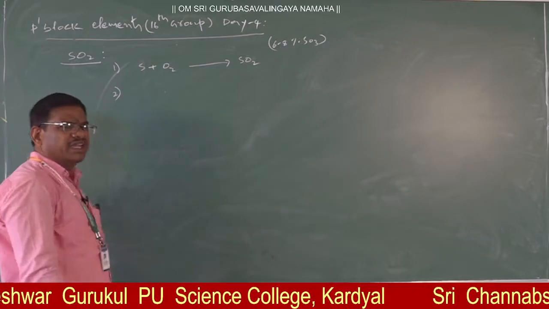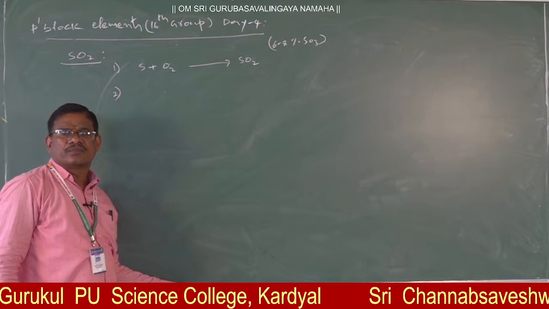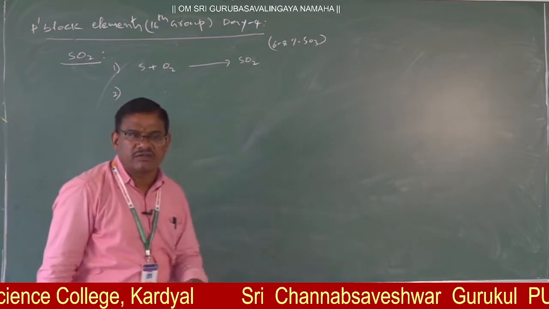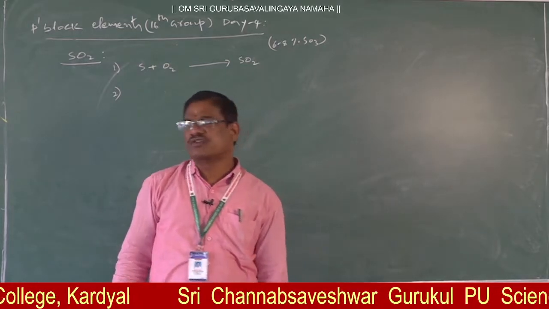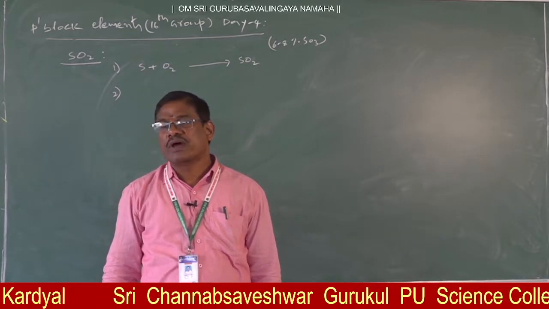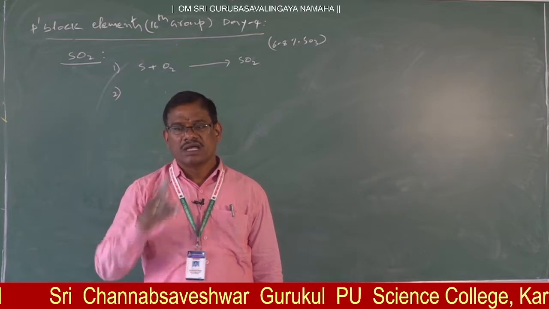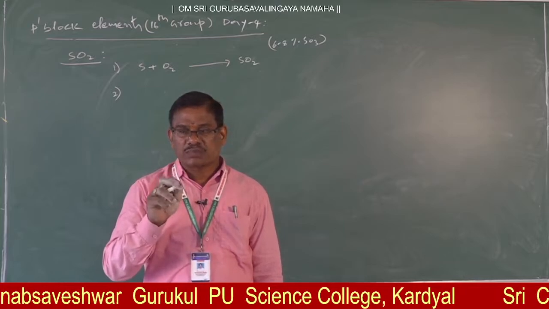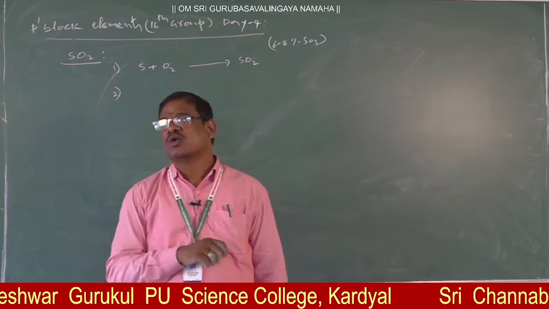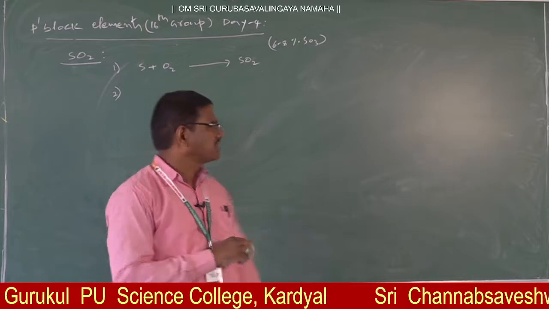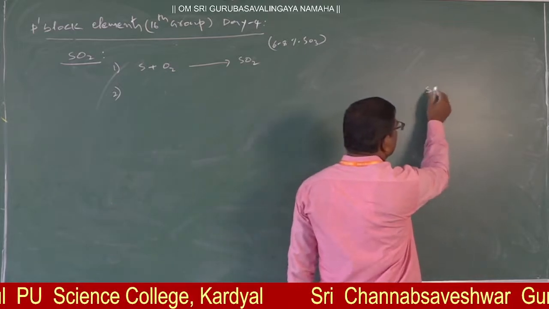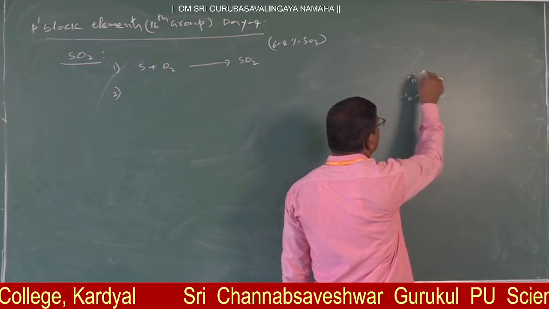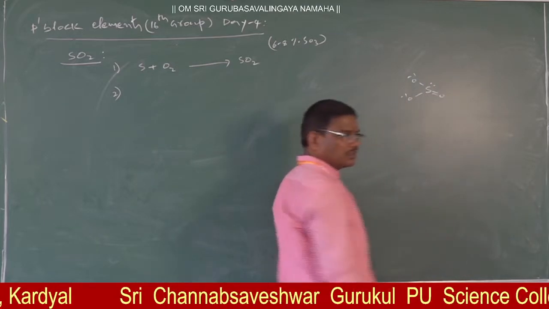Next, any sulfite salts when treated with sulfuric acid. Here, what will sulfuric acid do? It provides H plus ions. H2SO4 ionizes and gives H plus ions. Those H plus ions take O2 minus from sulfite. What is the sulfite actually? Sulfite: S double bond O, O minus with a lone pair. Correct? This is